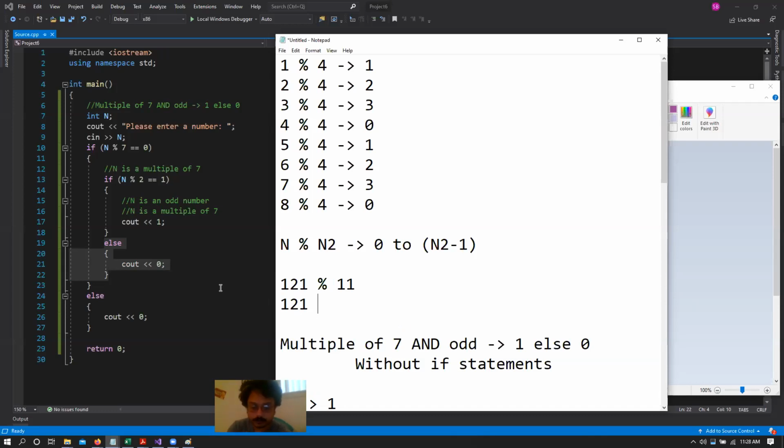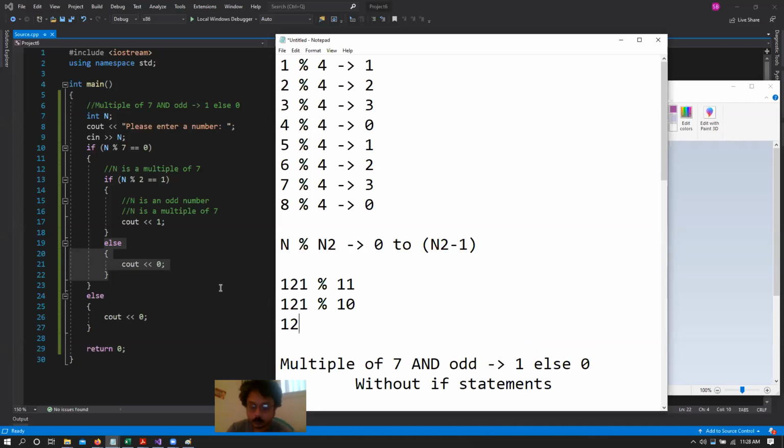121 mod of 10 is going to be a 1, right? So 120 and then the remainder is 1. However, 12.1 mod of 10 does not mean anything, because now we are talking about decimal values, and decimal values do not have a remainder. We have to have an entire point value. So essentially, mod operators do not work with decimal values. Very good. Tyler, Micah, and James, you're right.